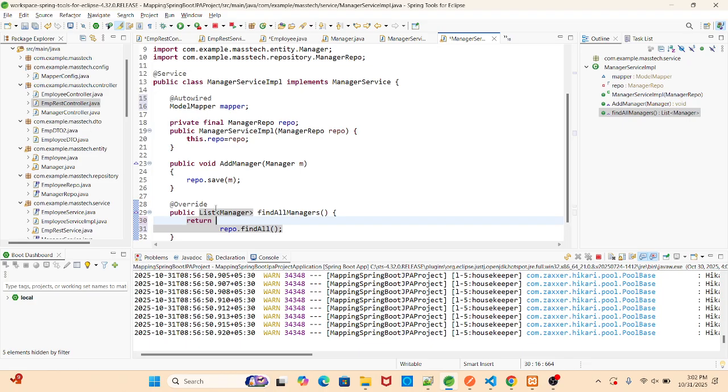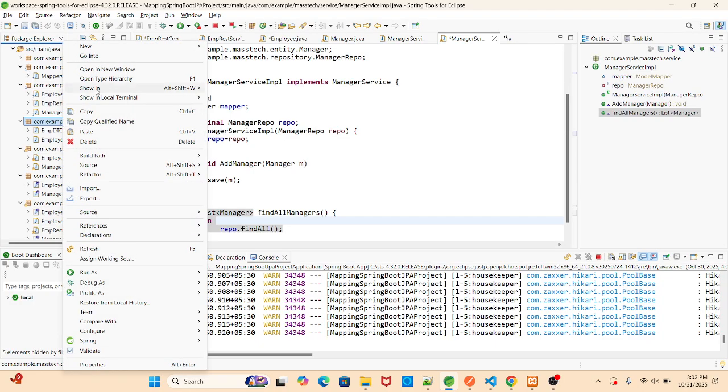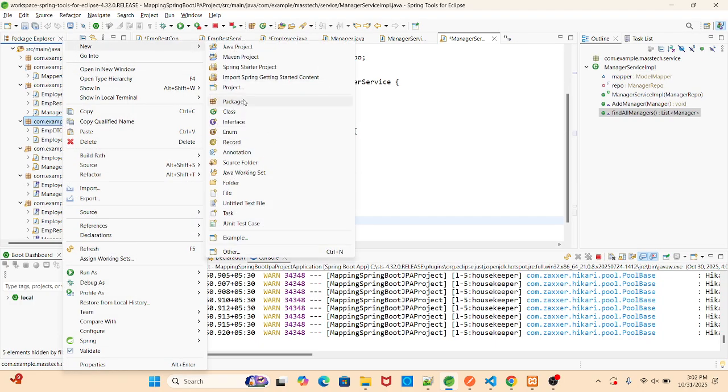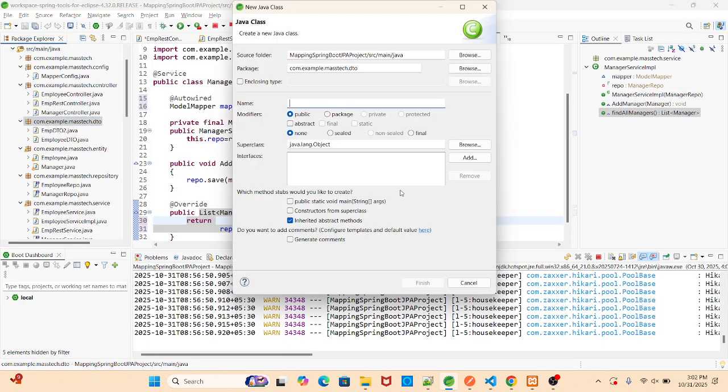what do you have to return? modelMapper.map, repo.findAll().stream().map. So here first of all what I'm doing, I'll just add one DTO for the manager DTO, and what details it will take now,